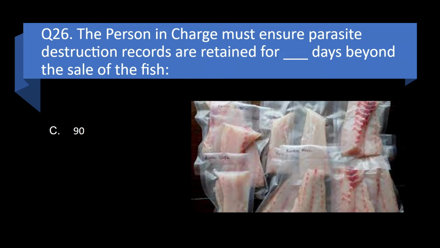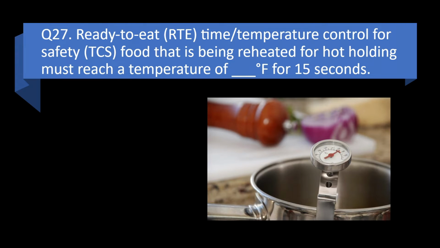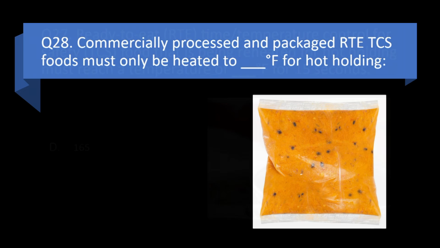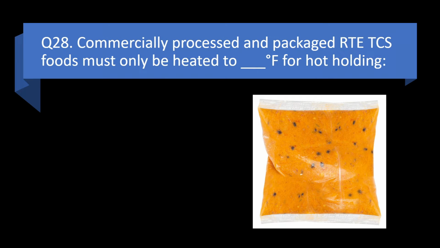C. 90. Question 27. Ready-to-eat, or RTE, time temperature control for safety, or TCS, food that is being reheated for hot holding must reach a temperature of blank degrees Fahrenheit for 15 seconds. 135, 145, 155, or 165. D. 165. Question 28. Commercially processed and packaged RTE TCS foods must only be heated to blank degrees Fahrenheit for